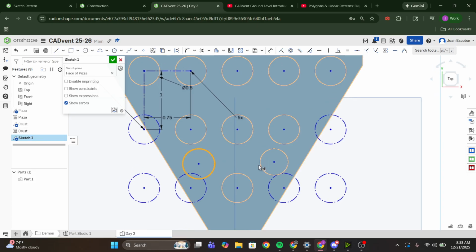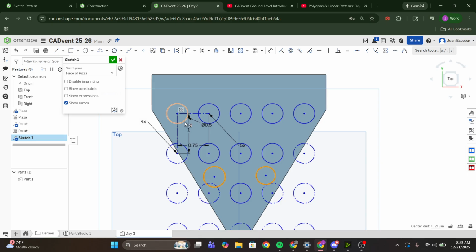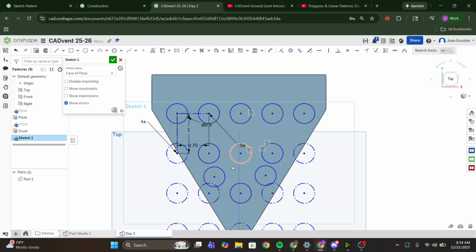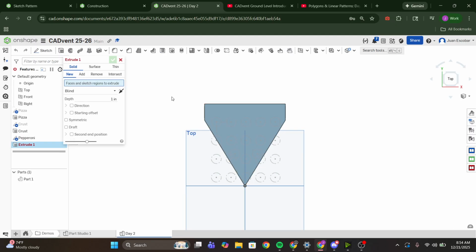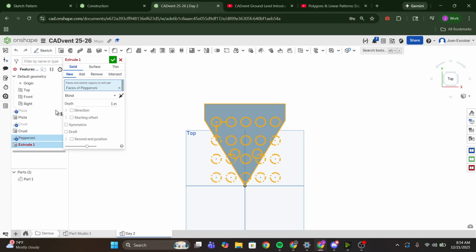Now I'm going to make them all equal by clicking on all 3 and making them all the same dimension by clicking equal. The ones in the pattern will automatically be equal, but any new ones I add won't. So that looks pretty good. I'm happy with my pepperoni. Now I'm going to change the sketch name to pepperoni, and it's really good to name your sketches, especially if you're collaborating with people. And then I'm going to click extrude,